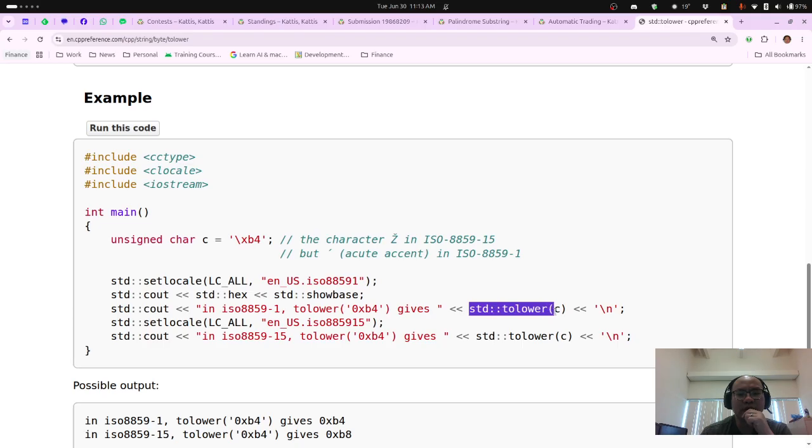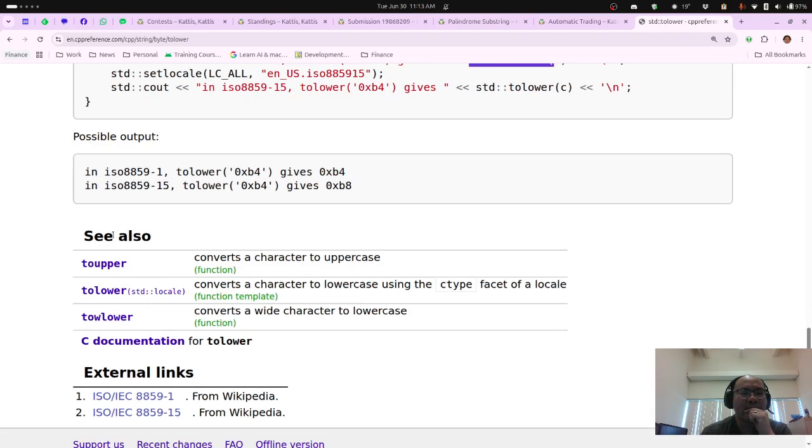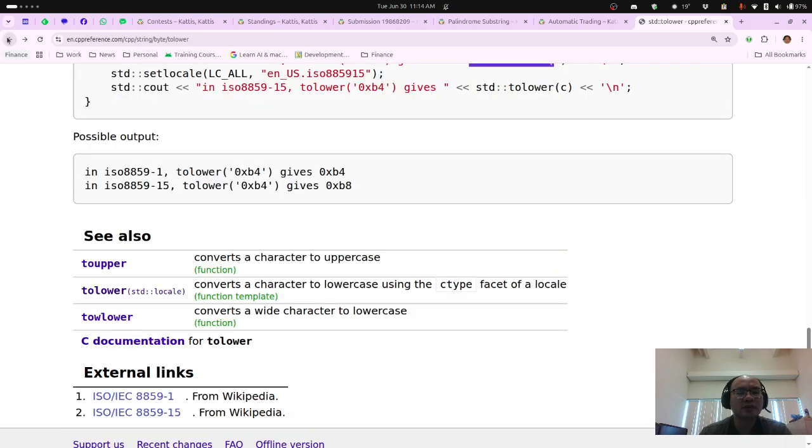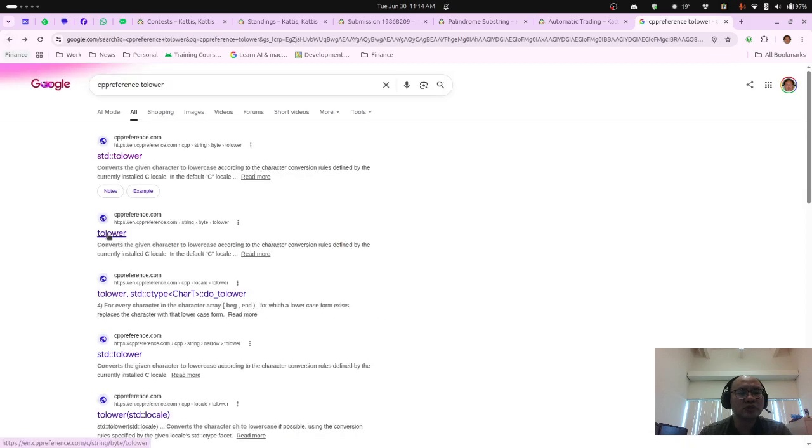And here we have standard to lower. And then there's a different one, but this is in standard locale. So if you have multiple. To lower is one of these strange things